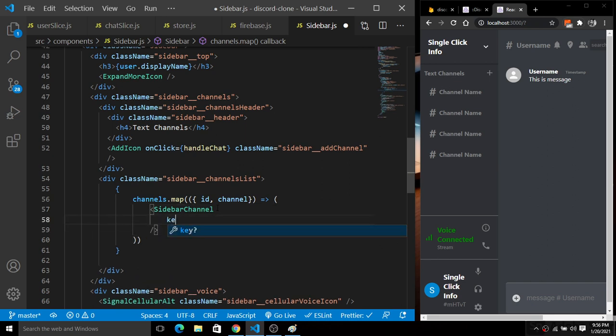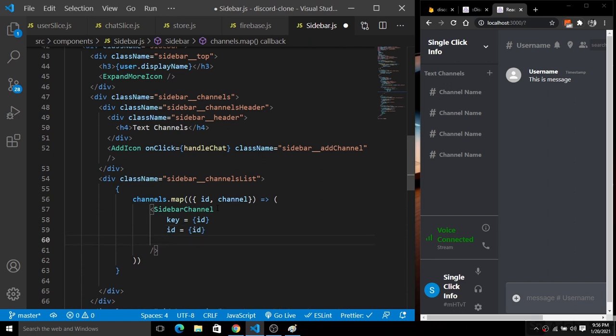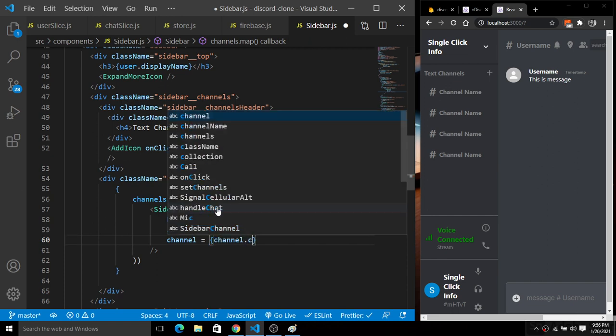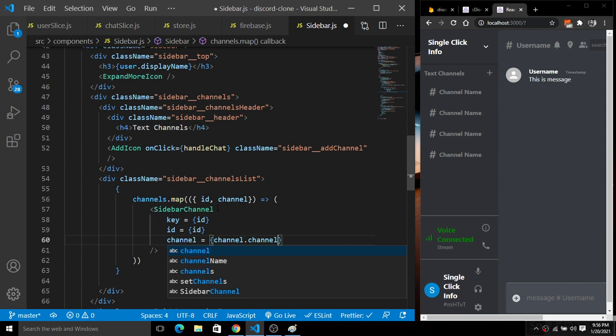So we will have this key, a unique key. So it will be an id. For this key we have this id just like this, and we have this channel name, channel.channelName. Okay, fine. Now next we have these things. So we have this channel and channel.channelName. So I'm going to simply give a name just like this. Fine.